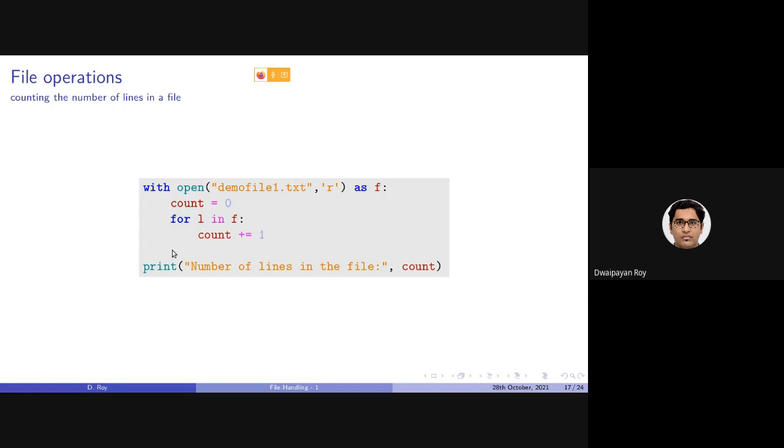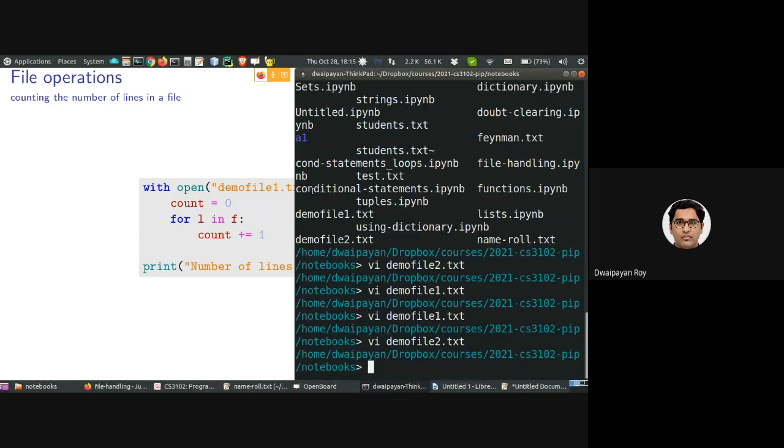One time this for loop has been executed means one line read. So this statement count plus equals to 1 will be executed exactly the same number of times as the number of lines in this file, right?